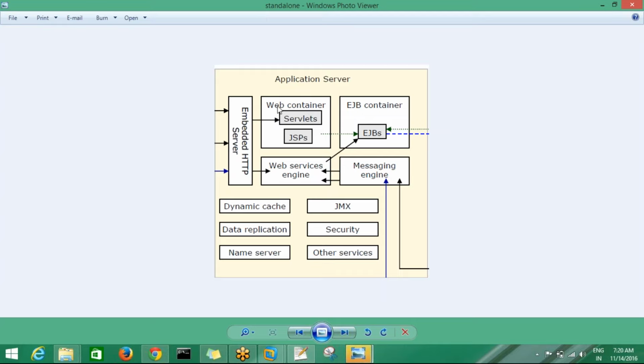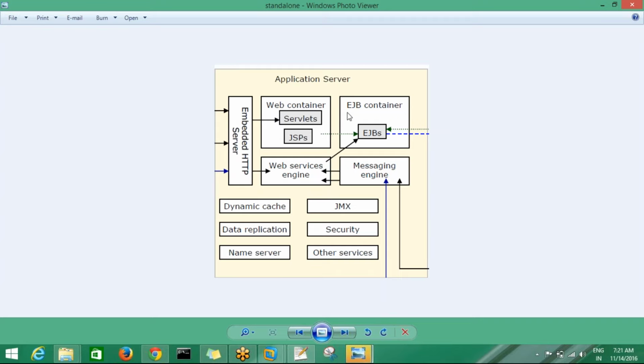Once we deploy web applications in the server, the web container takes responsibility for executing the code. A web application contains servlet code and JSP, the Java code under a web application.